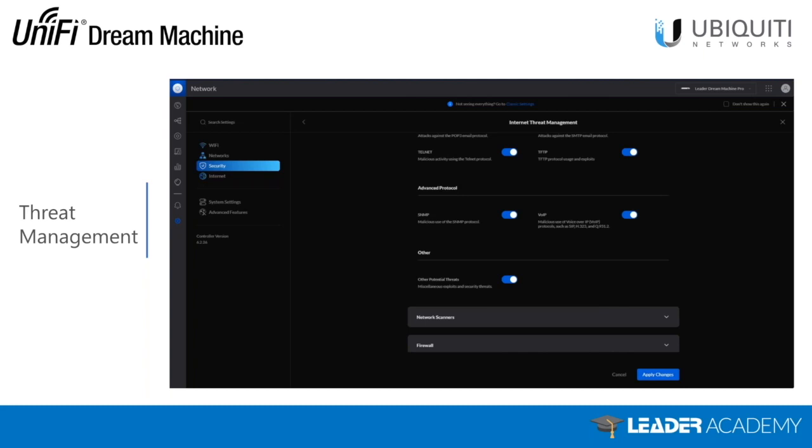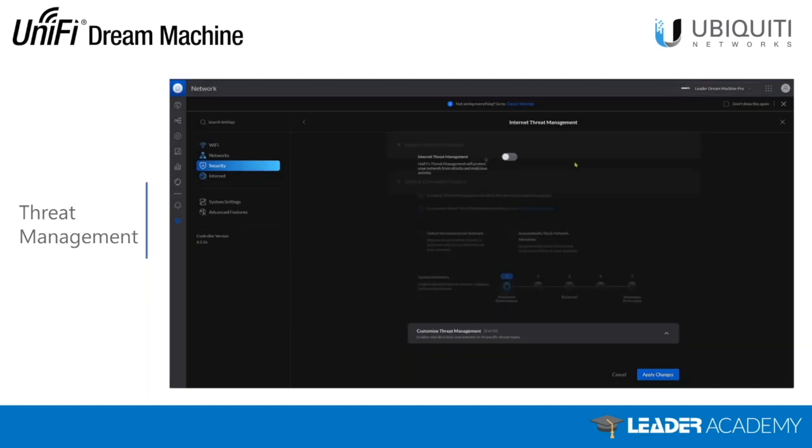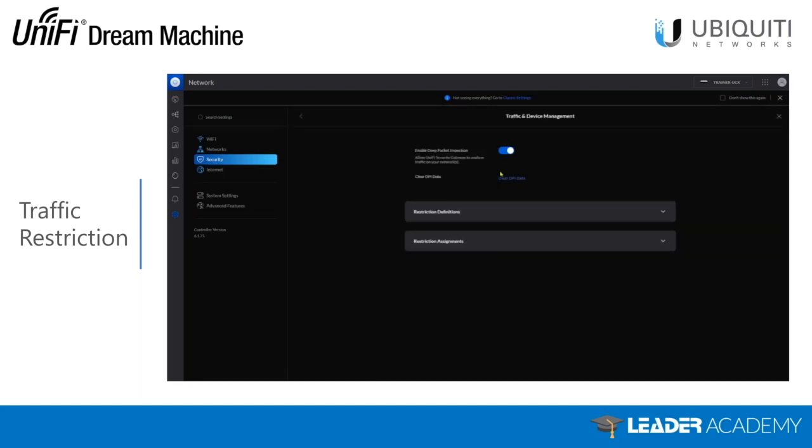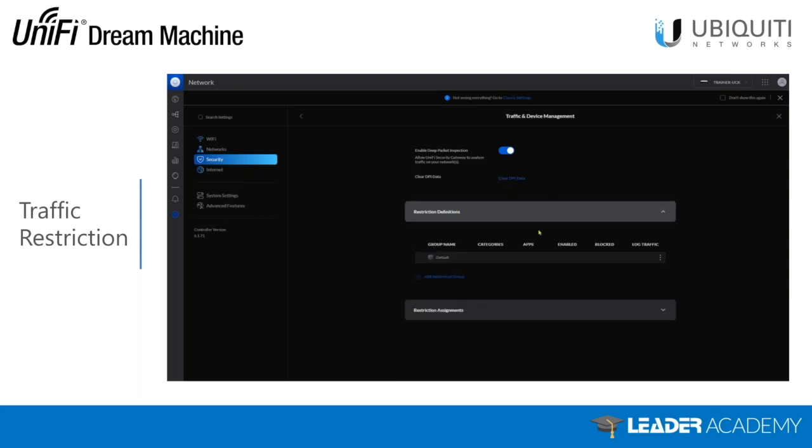Thanks, Chris. Appreciate that. So yeah, as Chris mentioned, the more you wind it up, the more CPU usage it does use. But as we mentioned before, the UDM Pro is built for this sort of stuff. When we move across into the traffic and device management, we can go one step further, to a little bit more granular. So here we can manage the user's access, mainly around the specific apps or groups of apps that you want to really protect your